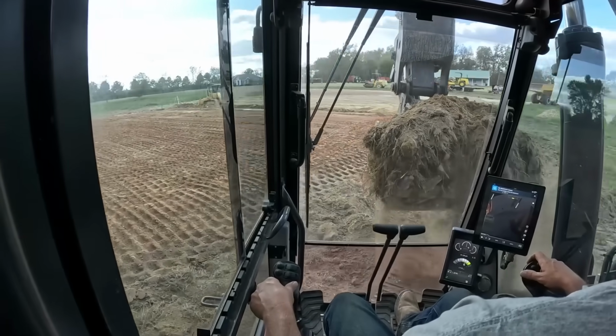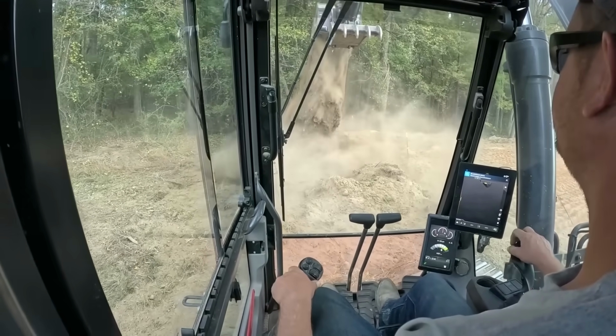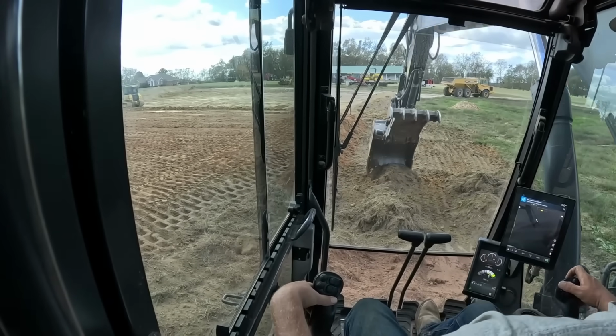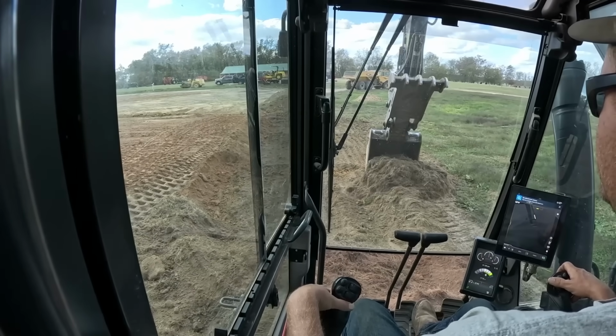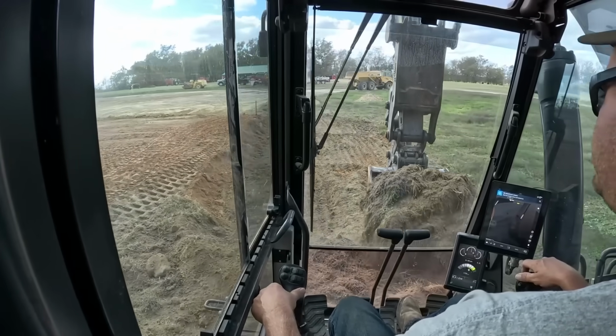We do a big pond in the back, work on that pond back there, but we're doing a barn pad. It is not fine grade, near as good as that Komatsu does, which I would like to use my D7 for something. Again, this year I've only used it on one job,